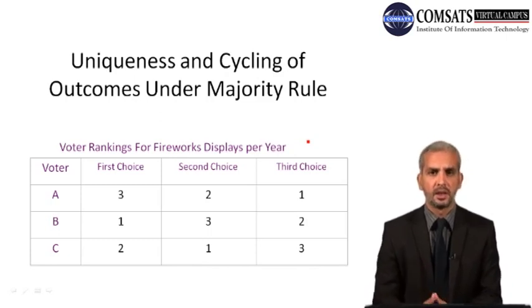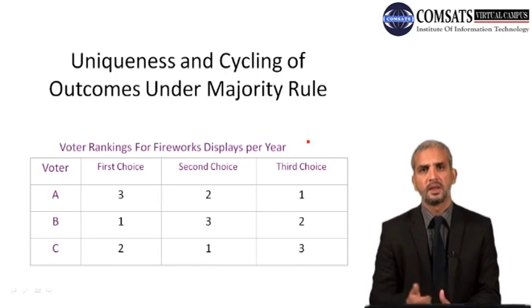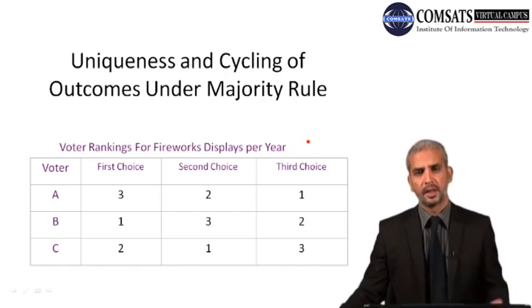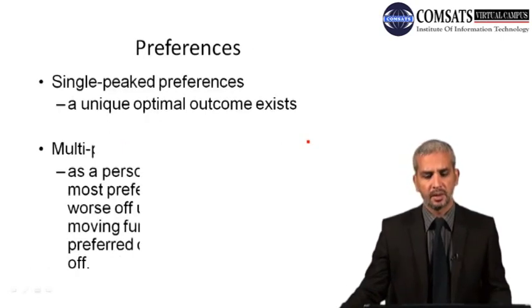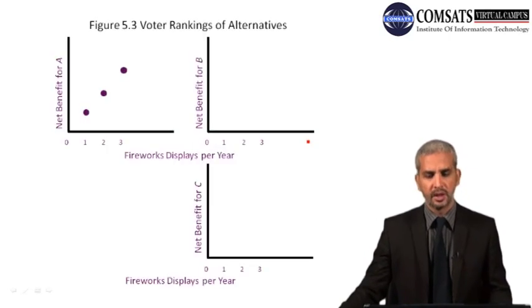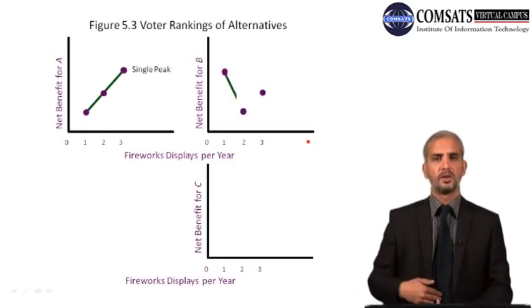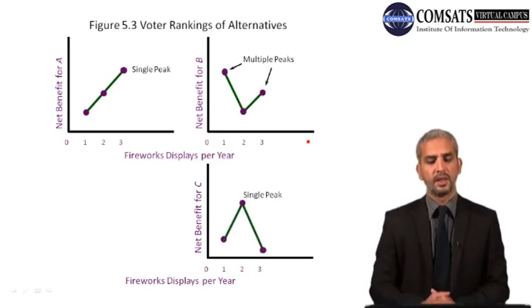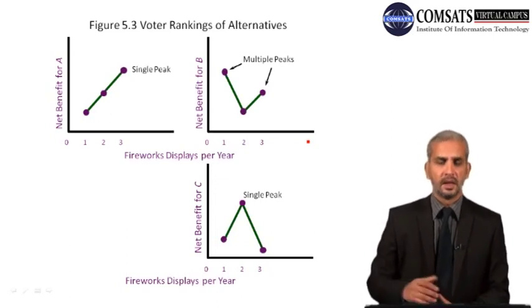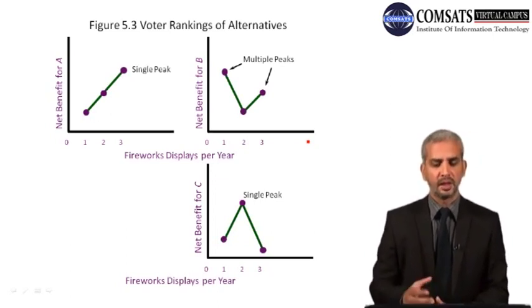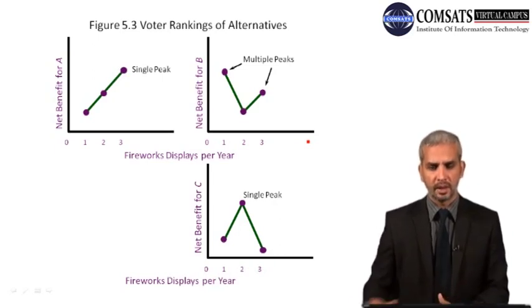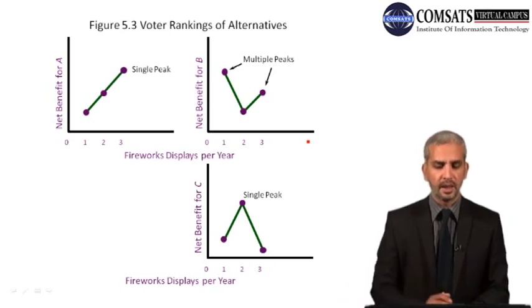Now, the number of displays of fireworks per year was being treated as a public good over here. The table represented their choices, and we also discussed, using this graph, that there are two types of rankings. One is single peak and the other is multiple peak. A single peak ranking is one in which there is a single choice that comes out for an individual, and his rankings are very clearly defined, while multiple peak preference rankings